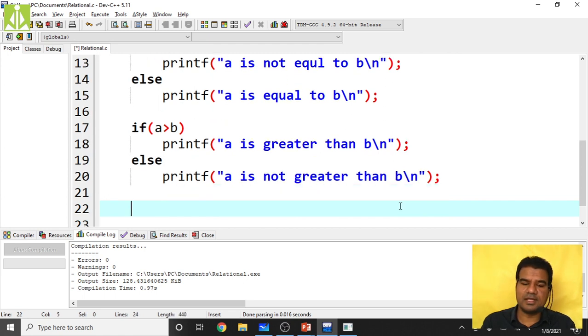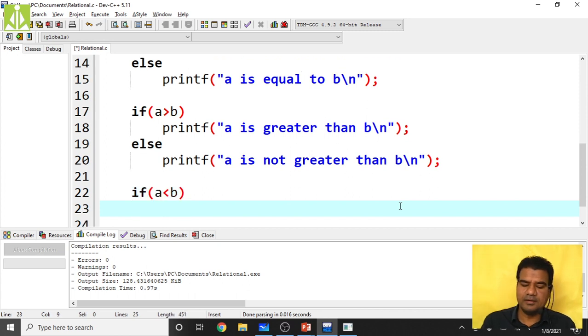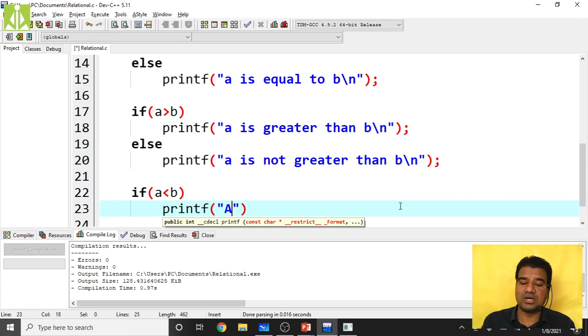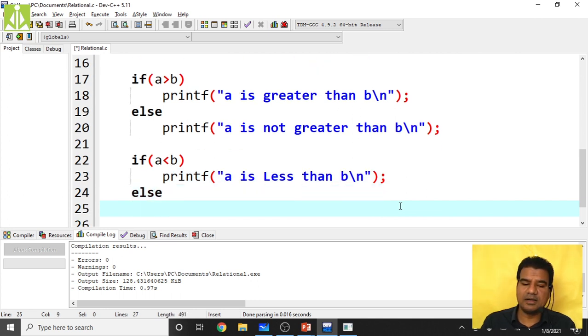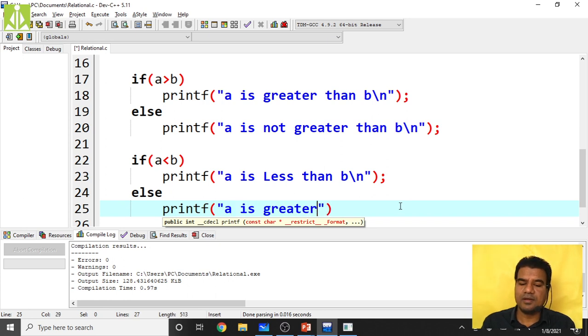Then if a is less than b, printf "a is less than b", backslash n. I'm telling you, you have to practice a lot, otherwise you will lag. Once again inside the else part, printf "a is not less than b".